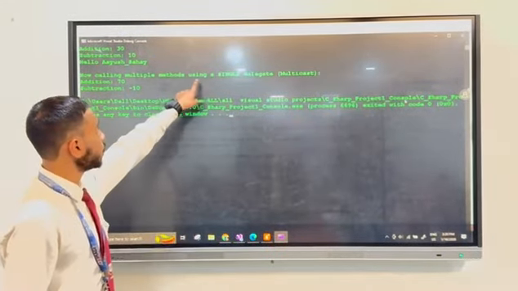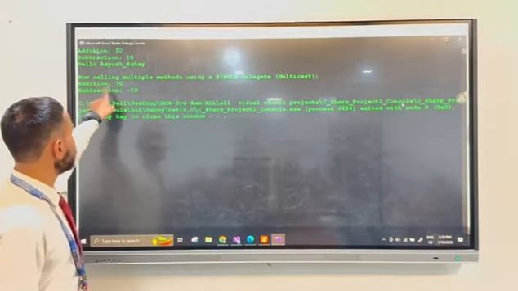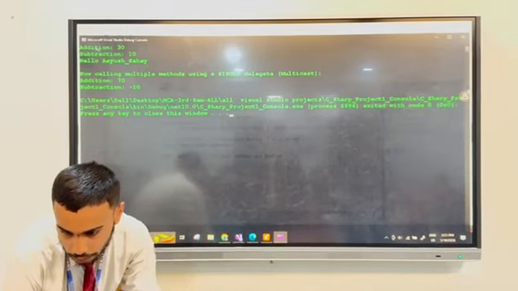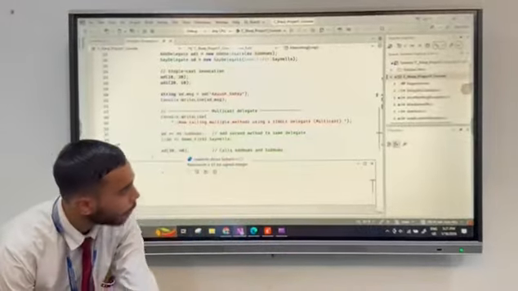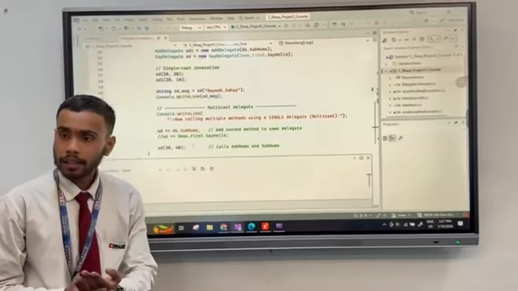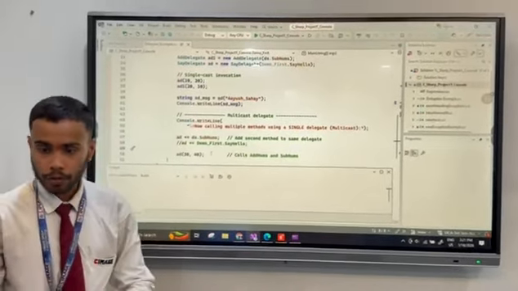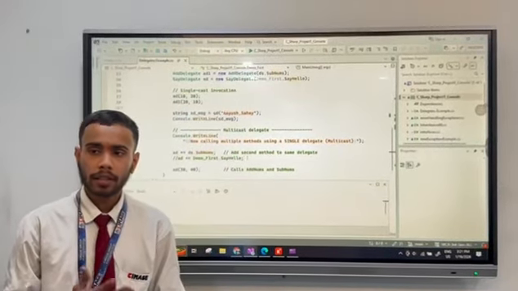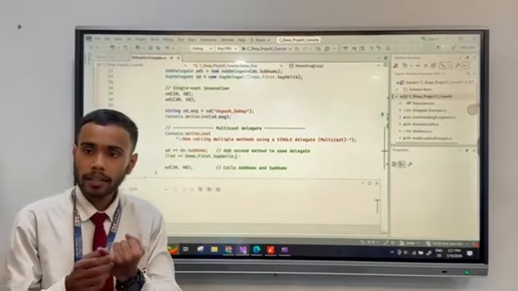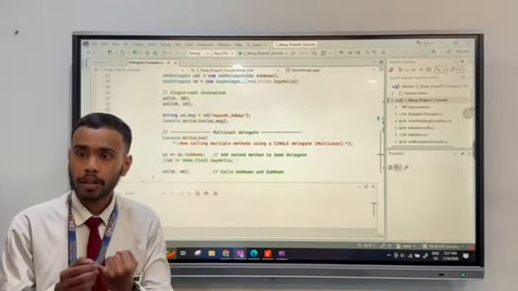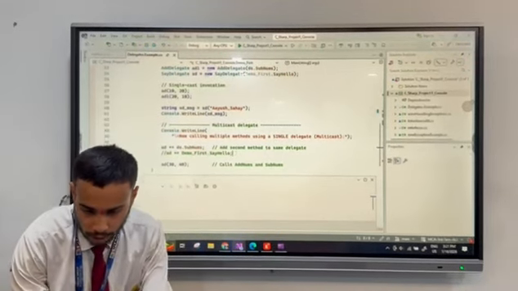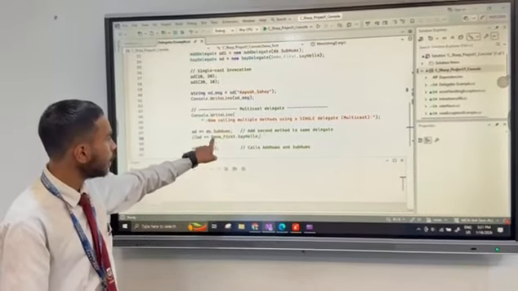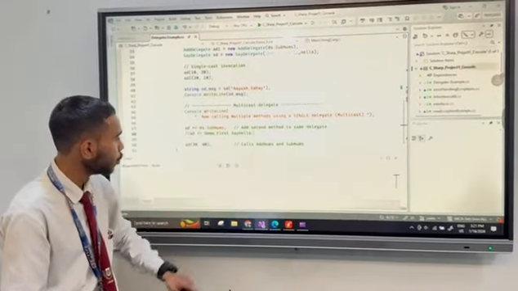Now calling the multiple methods using a single delegate. The addition gets you 70, the subtraction gets you minus 10. What was I providing there? I was providing 30 comma 40. So first it is going to provide me the addition result, and then it is providing me the result of subtraction. So now can we not provide the string method's reference to this, so that I am getting the addition result also, subtraction result also, and I am getting the message also? So here I have given that AD is the reference of add delegate. I am just adding the say hello function also to that. Okay.